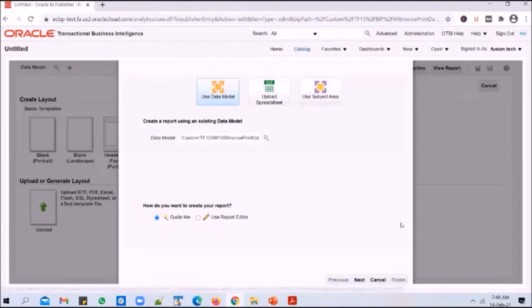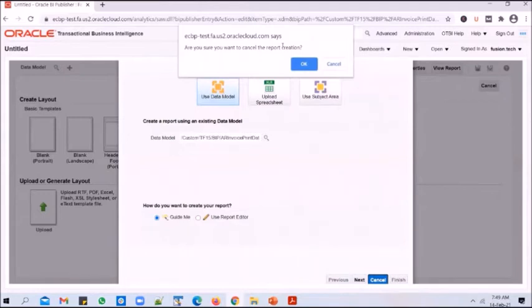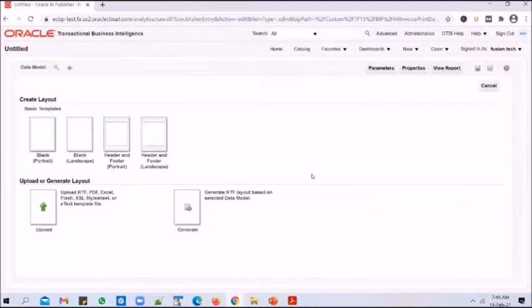And when you click on Create Report, you get this sort of a Guide Me editor. You don't need to use this. So all you have to do on this screen is click on Cancel. It asks for your confirmation. Just say yes. And that will bring you back into a blank report creation screen. You can also come to this screen from a different navigation. From the main navigation option also, you can click on Create a Report. So I will show you another way to come to this screen.